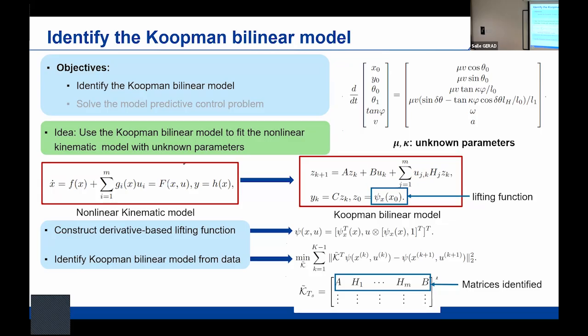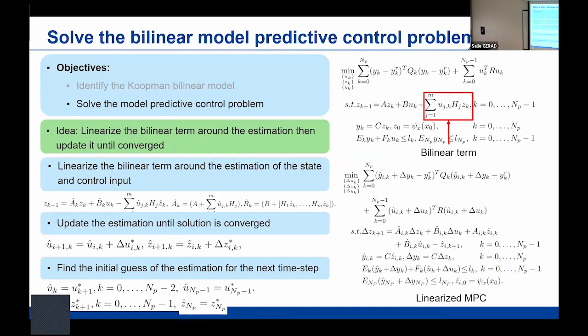You can solve it very fast in this way. So we construct a derivative-based lifting function, and by the end of the day, we can have this kind of thing here. This is the bilinear term, but we just assume that, for example, zk stays the same for all the time steps when you plan. So we do linearize things, but that's a much more accurate linearization compared to just directly linearizing and throwing away the terms in the first place.